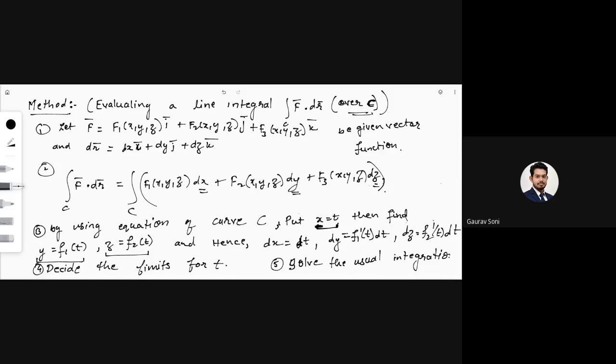Once we are done with all these things, you will get an integral which you have previously studied in your M1, M2, M3 of your diploma. So once you do these things, your integration will ultimately reduce to our usual integration, and then you can solve it. Please take a screenshot of it. If you are writing it down, note it down, because after this I'll be solving examples.